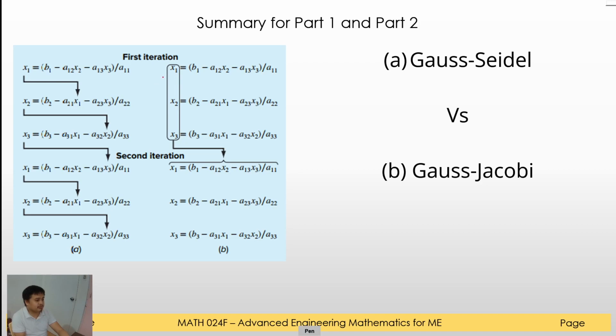But for the Gauss-Jacobi, it is a little bit slower because x2 and x3 are not yet updated, and x1, x2, and x3 are not yet updated. After you finish one set of equations, that is the time that you will use that for the second iteration. Okay,